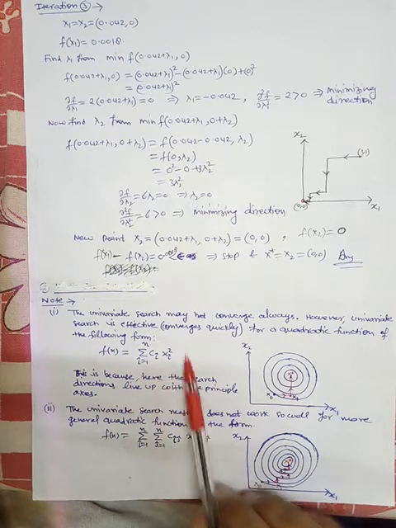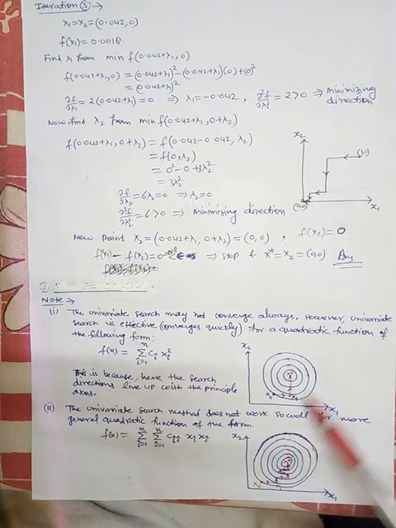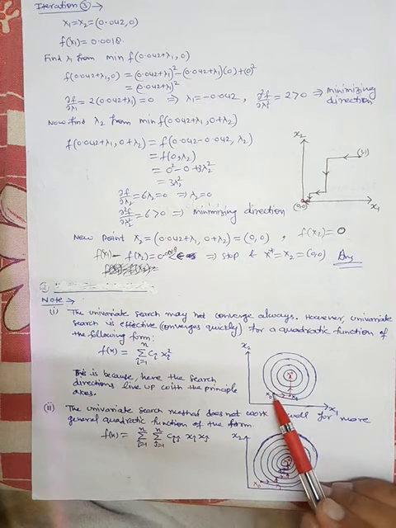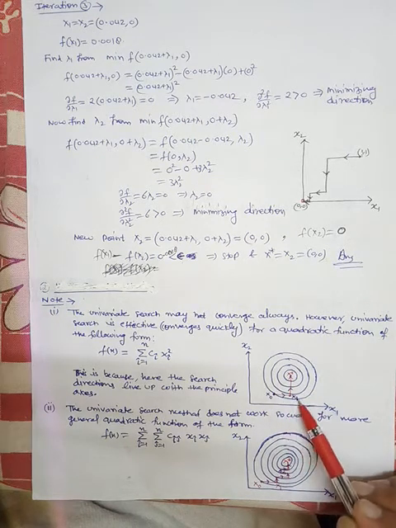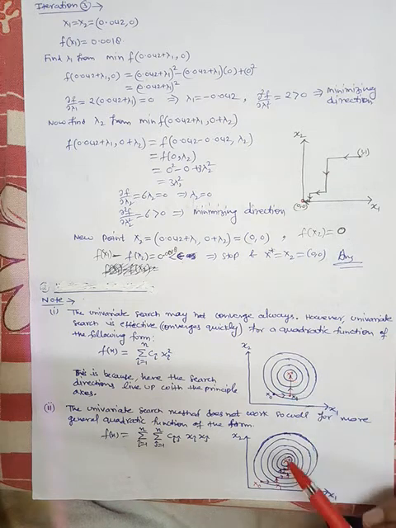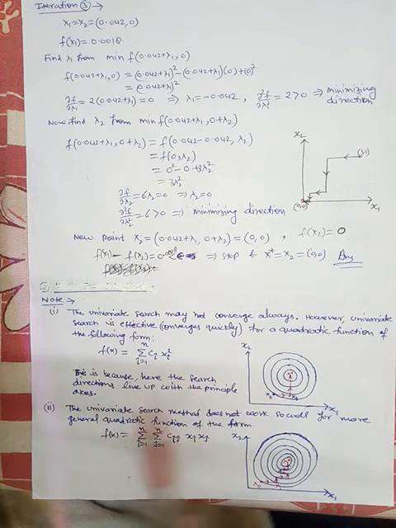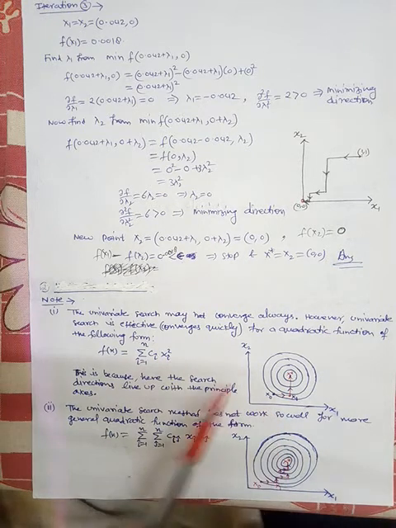Okay, if we have a function of this form, then it converges quickly, and the convergence is shown here. We start with x0, move in the x1 direction, reach x1, and then finally reach x star, the optimum point. So it is very quick. This is because the search directions line up with the principal axes x1 and x2. This is the reason, because we are moving along x1 and x2.